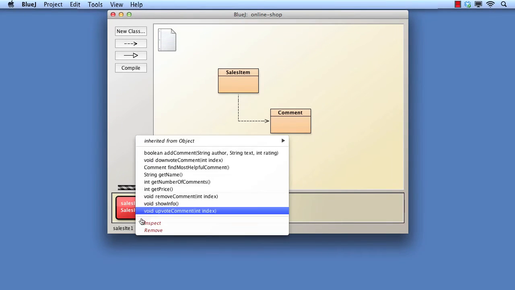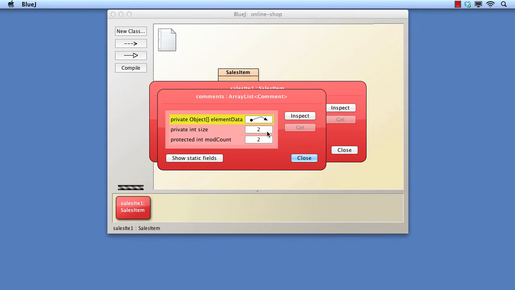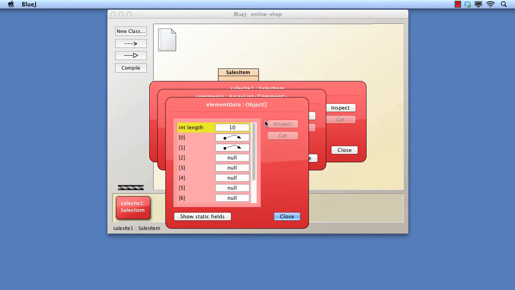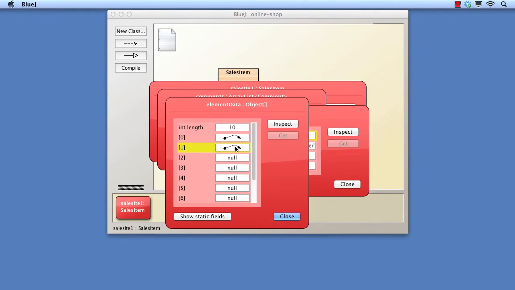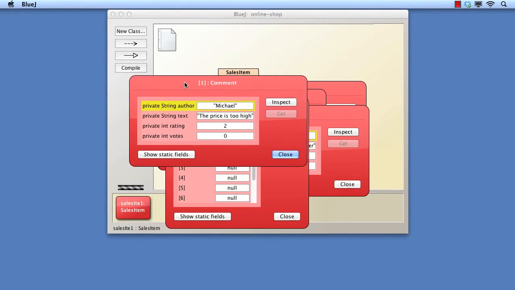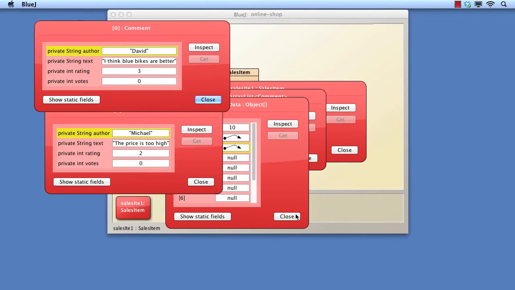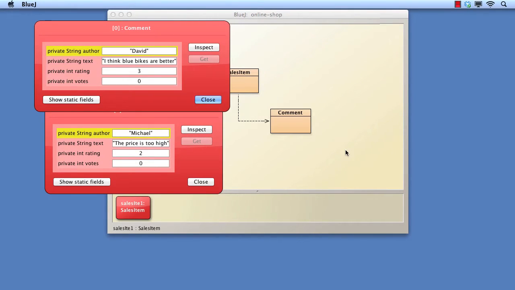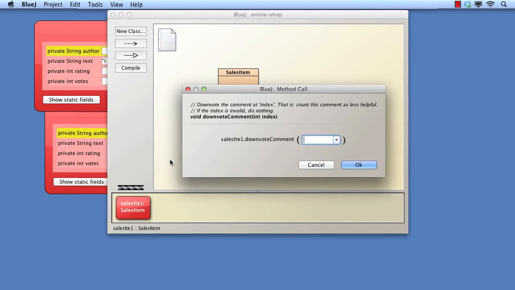As an alternative to show info, we can inspect the state of objects directly. Inspectors are a direct support for unit testing because they always give an accurate view of the full state of their associated object. This might not otherwise be possible to obtain. The inspector view reassures us that the voting methods appear to be working.